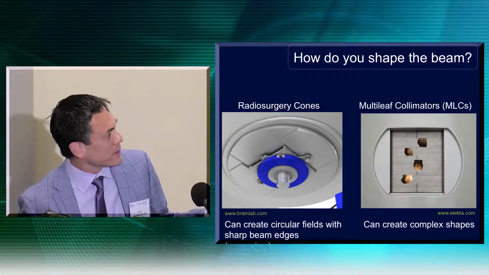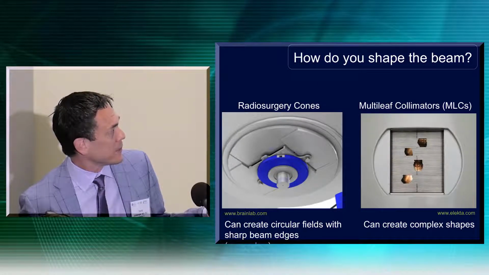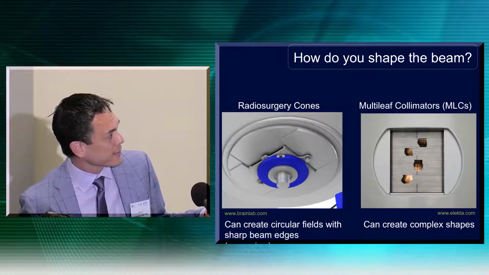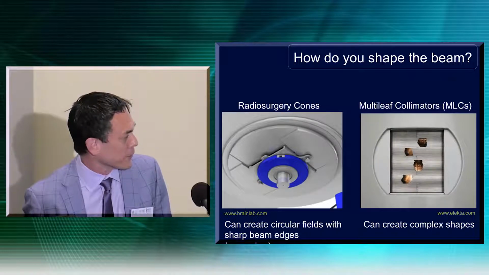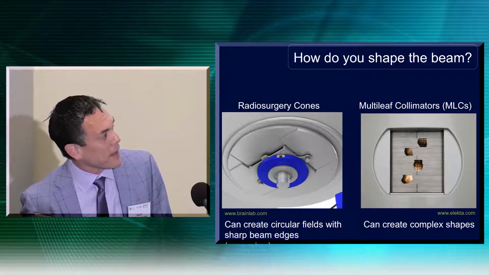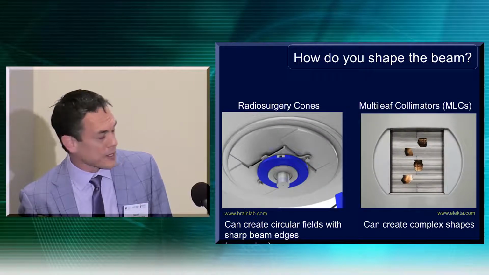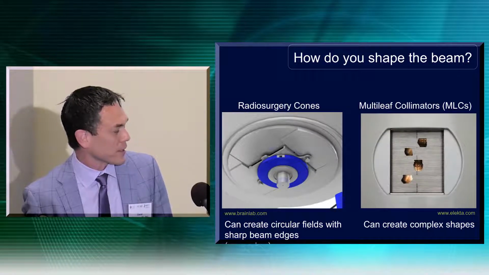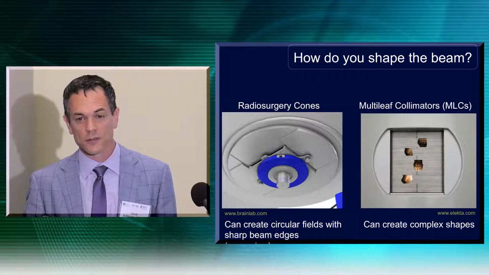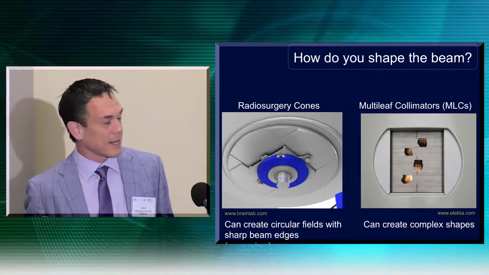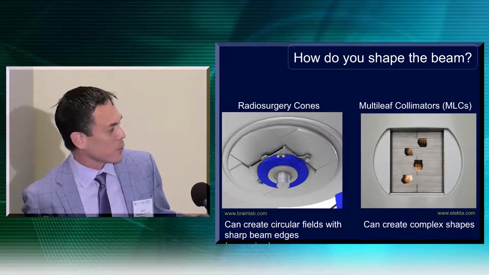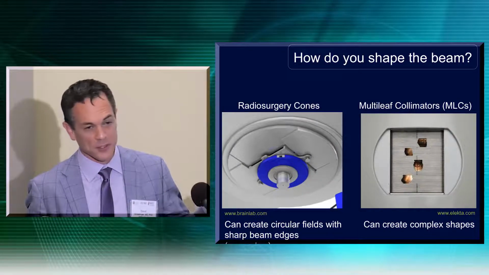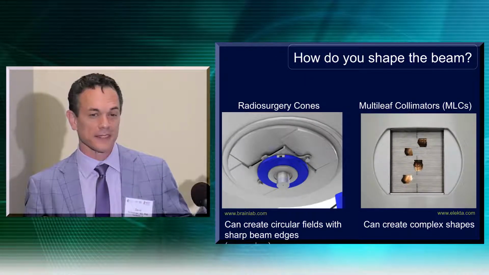For radiosurgery, there's two basic ways to shape a beam. There's radiosurgery cones and multi-leaf collimators. Radiosurgery cones make a nice, sharp, circular field, and multi-leaf collimators can make much more complicated shapes. A term that you'll hear physicists argue about a lot is penumbra, which you could think of as just how sharp the edge of the beam is. Physicists love to say what machine has better penumbra than other machines. It's usually a religious argument, but